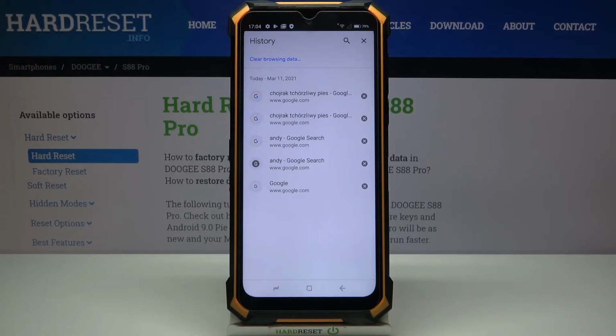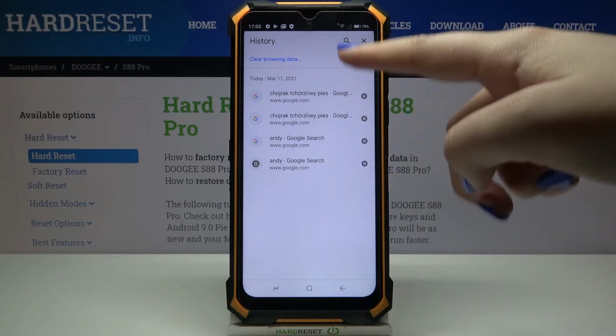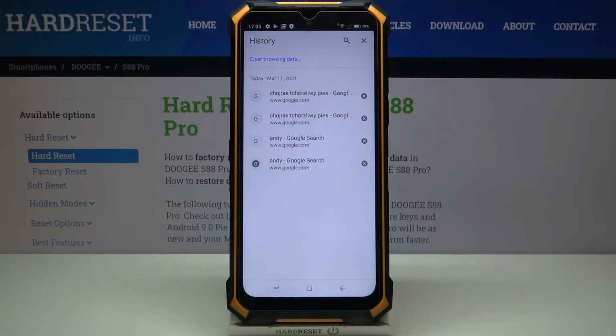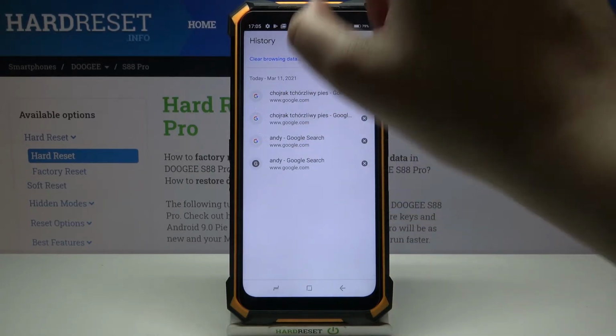of previously visited websites. Of course you can remove only one of it just by tapping on this X button right next to it, and as you can see it immediately disappears, so you can remove all of them one by one just by tapping on the X buttons, but you can do it with only one click just by tapping on this clear